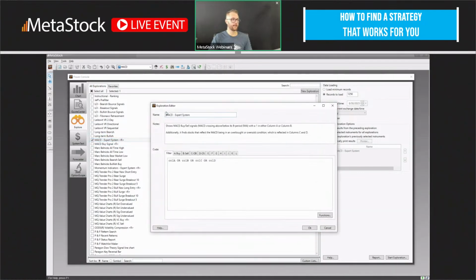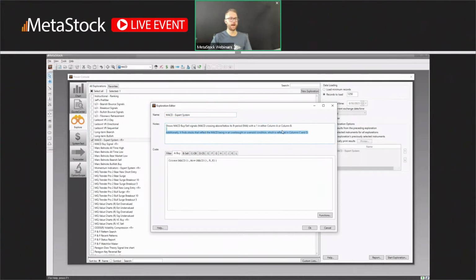You can double click on anything to open up the coding filters. When we go through the scan, I'll show you what this means, but you can have it show you any sets of data in the columns when we do a scan. You can also see what the formulas are as well, which is the MACD, and the formula is right there. You can rename things, and in most cases you'll get information or notes on what the scan is about,